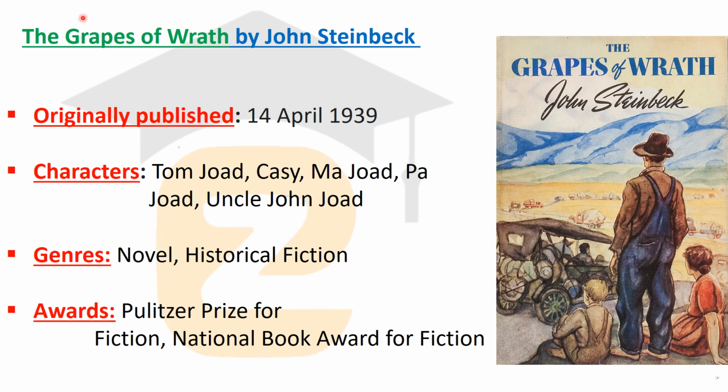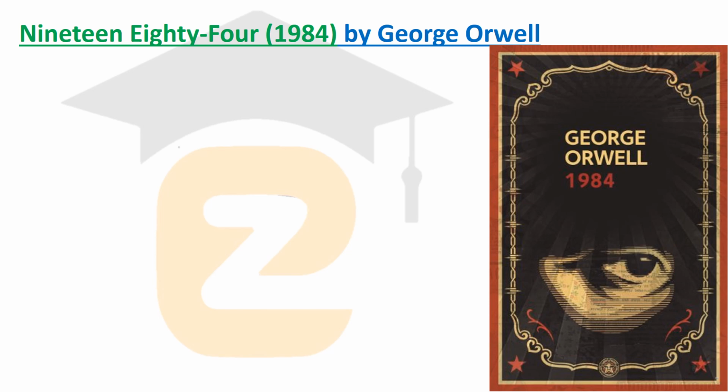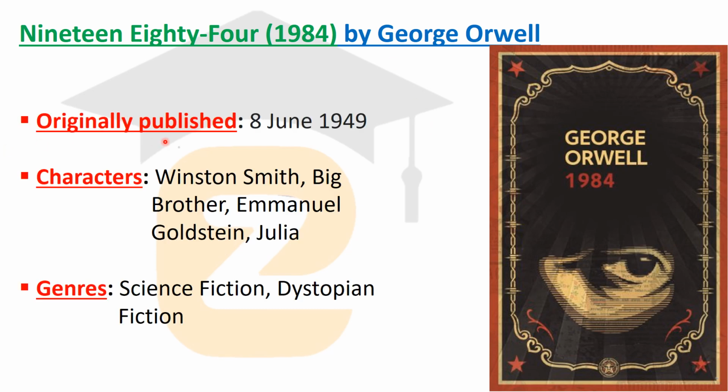Next we have another one, 1984. This is a very important and famous novel of English literature written by George Orwell, and this was originally published on 8 June 1949. And the characters involved in this novel are Winston Smith, Big Brother, Emmanuel Goldstein, and Julia. These are the characters, and the genre of this novel is science fiction and dystopian fiction